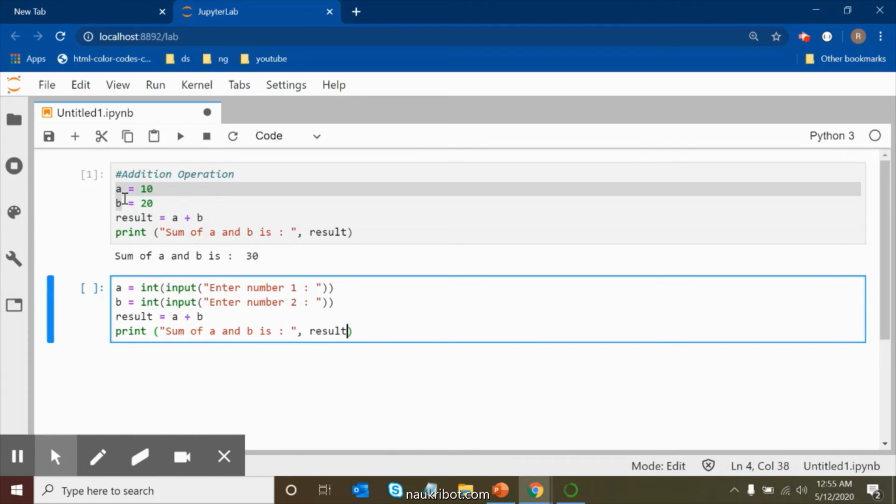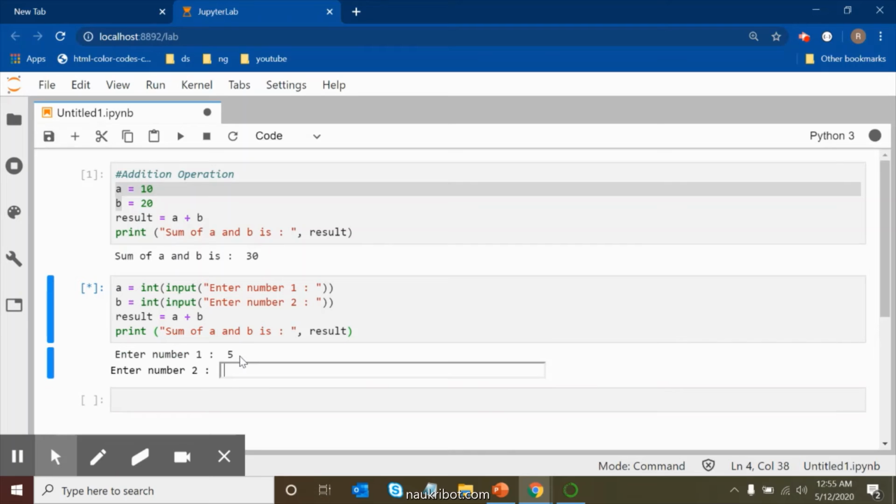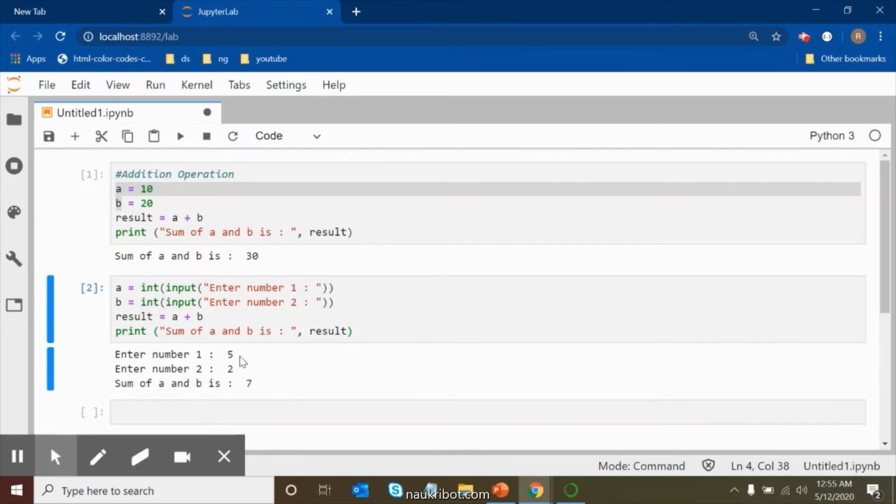Now I will run this by pressing shift and enter. So now we can see that it is asking for enter number 1. I will give 5, enter. Enter number 2, I will give 2, enter. The sum of A and B is 7. This is how we can take the input from the user and perform the addition operation.